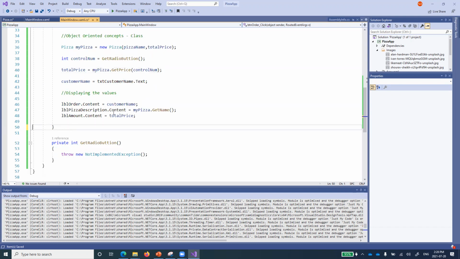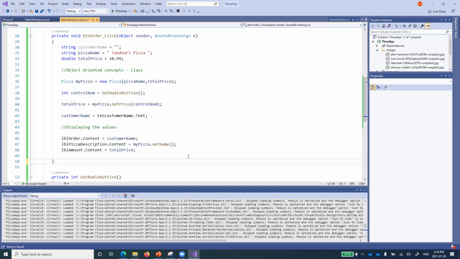Manpreet, are you getting that? I'm just going a bit slow and showing this code for some time. Then I set up the customer name equal to customer name text. We know that there is a text box in which the customer will be entering their name. I am just capturing the text of that customer and storing it as the customer name.